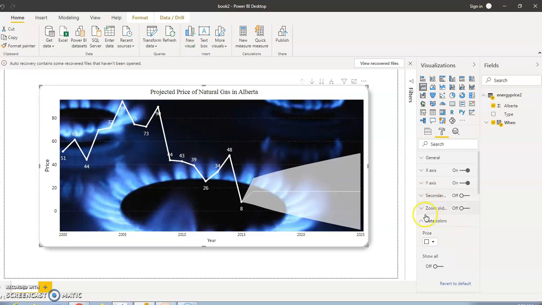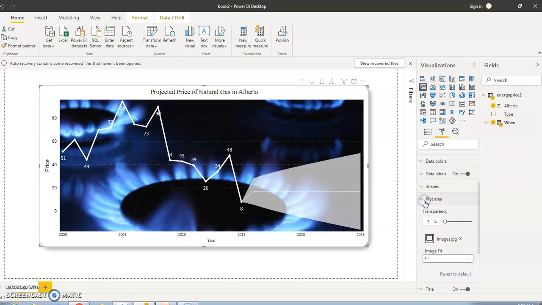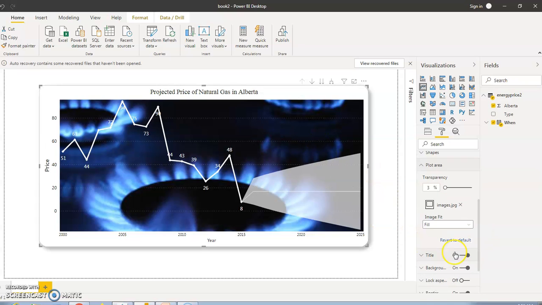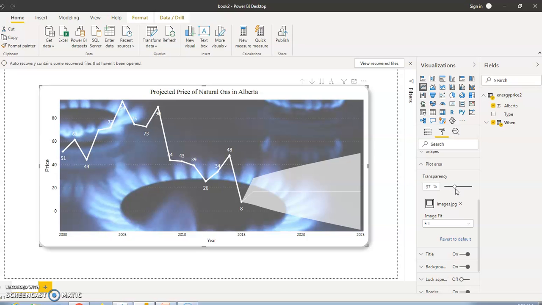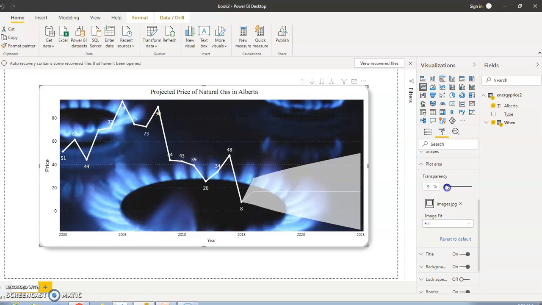Then this plot area is the place where we are giving the background. I have chosen an image for this background. We can choose the transparency, like we can make it transparent or a little transparent.